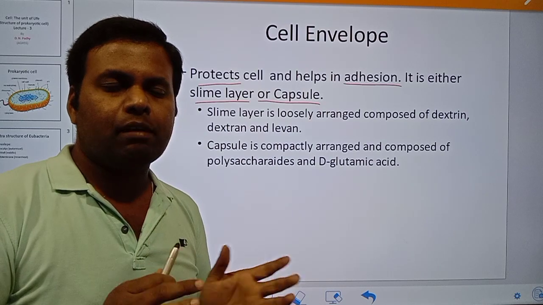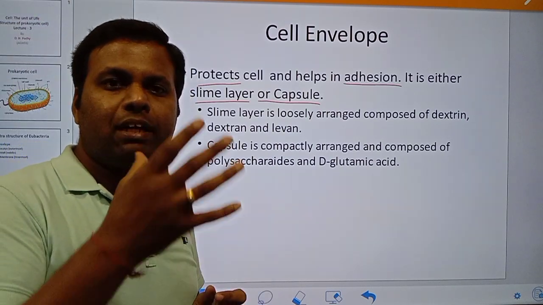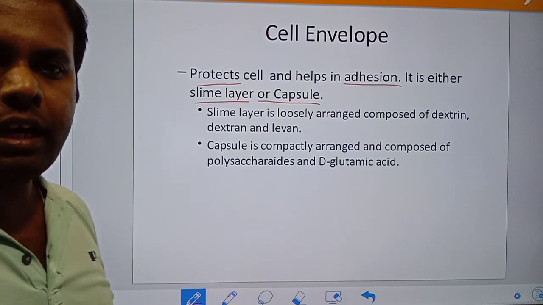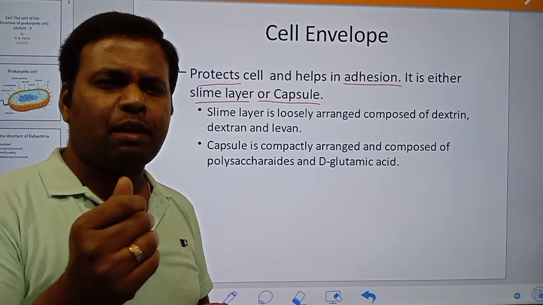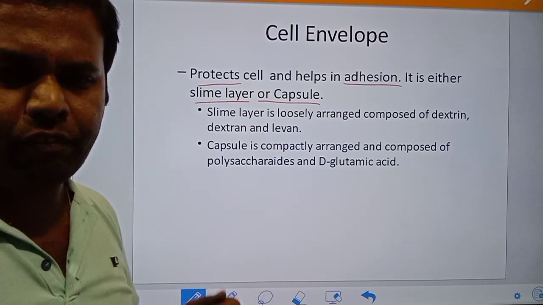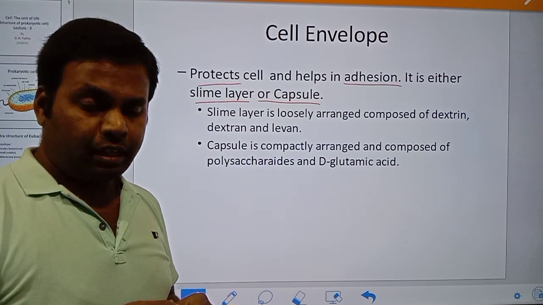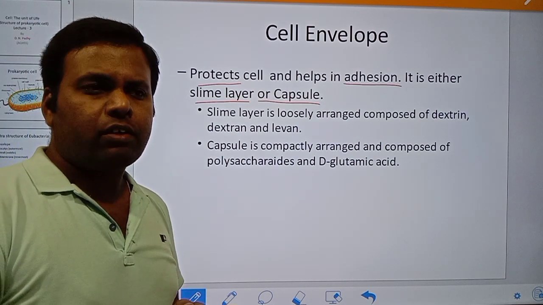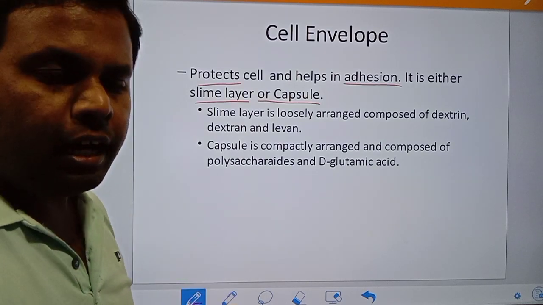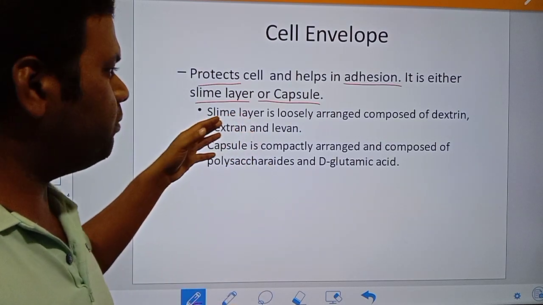So what is this little bit of difference? The slime layer, we can say, is present during the immature or young stage. In young cells, the outer layer is a little bit slimy to touch. Slimy means mucous-like, very soft. Slimy to touch, or slimy layer, that is during the young condition. But during maturation, this slime layer turns a little bit hard and becomes tough, and is known as a capsule. So what is the difference? We will find it out.